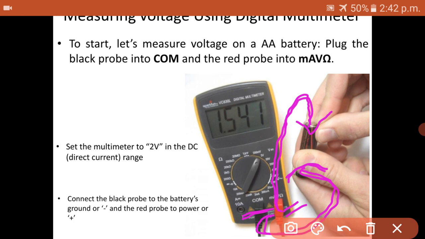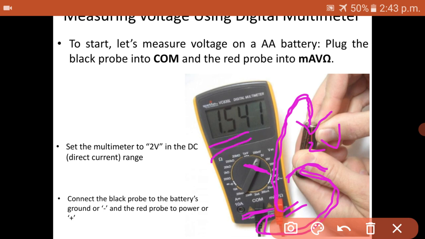And here this knob is fixed at 2 volts. Why is it 2 volts? Because this cell is of range 2 volts. So the knob is adjusted to the 2 volts. After fixing the positive and negative probes on the cell, we can see here on the screen the reading